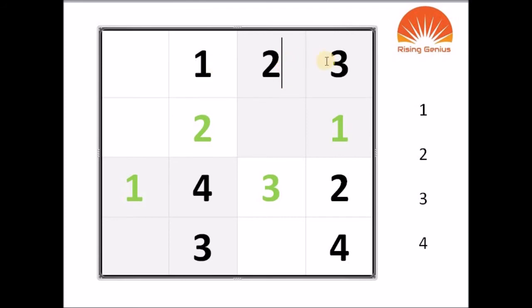So 1, 2, 3. What is remaining? 4. 4 is not there in the standing line also, and not there in the sleeping line also, and it is not there in the big white box also. So that is the correct answer. After you write every number, you have to check once up and down, and you have to check sideways, and you have to check within the big box also whether your number is not repeated. So you can correct your mistake then and there.